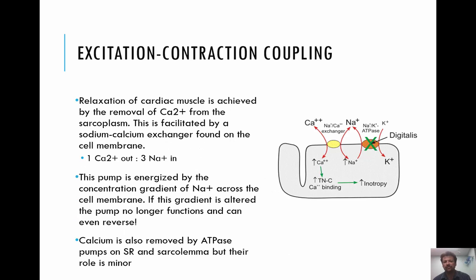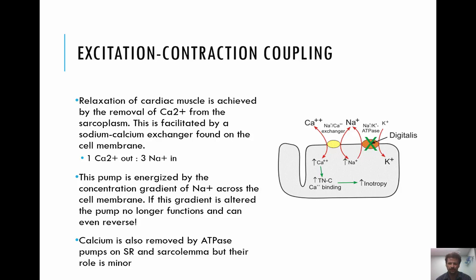Well, the other major difference is how do you remove the calcium? In cardiac muscle, we have special sodium calcium exchangers that are also found on the cell membrane. These sodium calcium exchangers exchange one calcium for three sodium. So these pumps allow one calcium to exit the cardiac muscle cell, and in exchange, they bring three sodium into